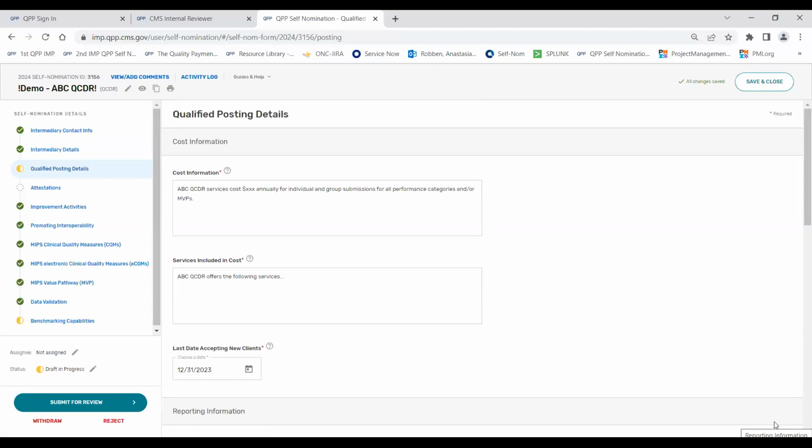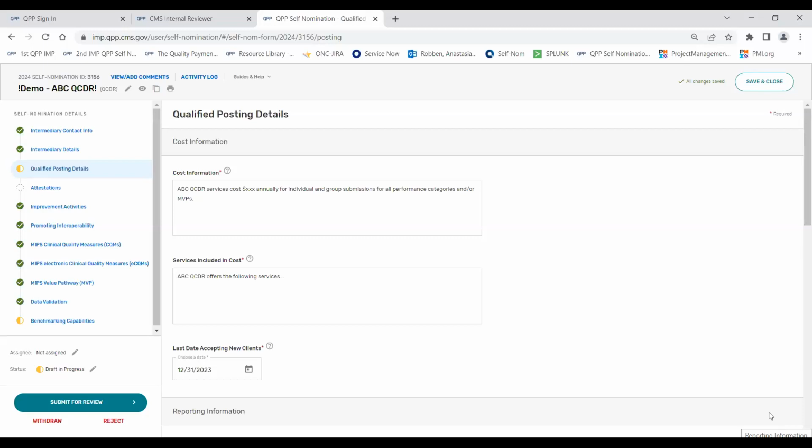So we strongly recommend that you really review the information that you put in here to ensure that there are no spelling errors, or that the information being conveyed is 100% accurate. For example, we collect cost information. We would really hate for somebody to mistype in their cost, have it published on the CMS website, and then there have to be some type of issues after the fact. So we'll go through these fields. But again, just keep in mind that all of the information on this tab will eventually be published on the